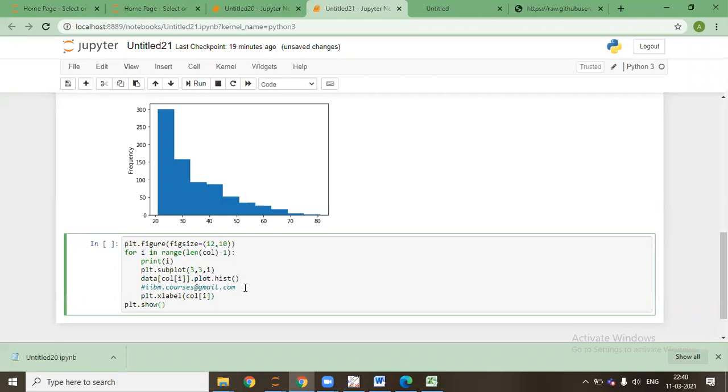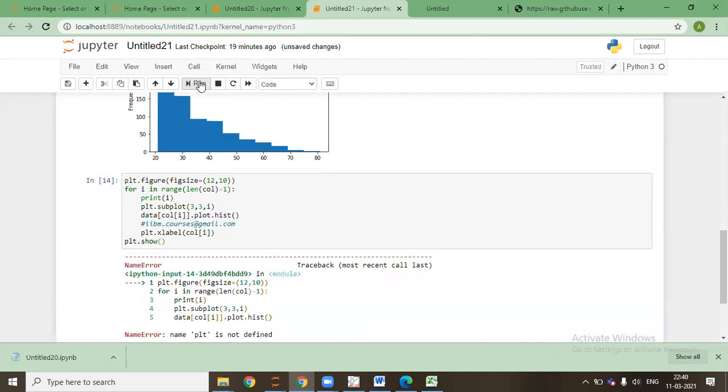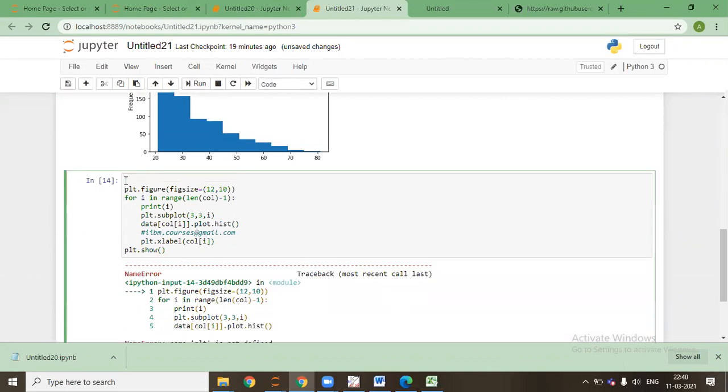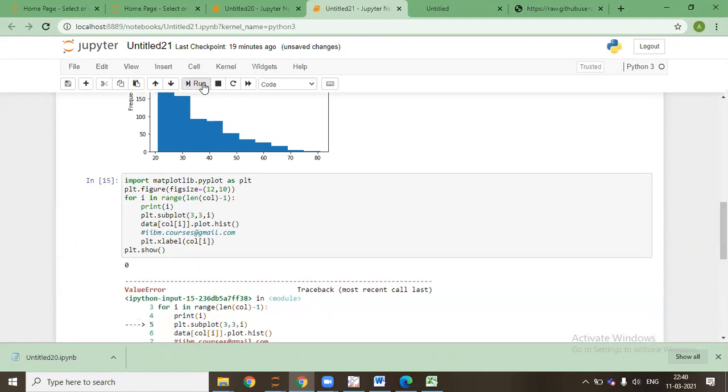After every graph is made, the show will be executed. I'll run this. Sorry, plt. Okay, sorry. Import matplotlib.pyplot as plt, and I'll run this now.